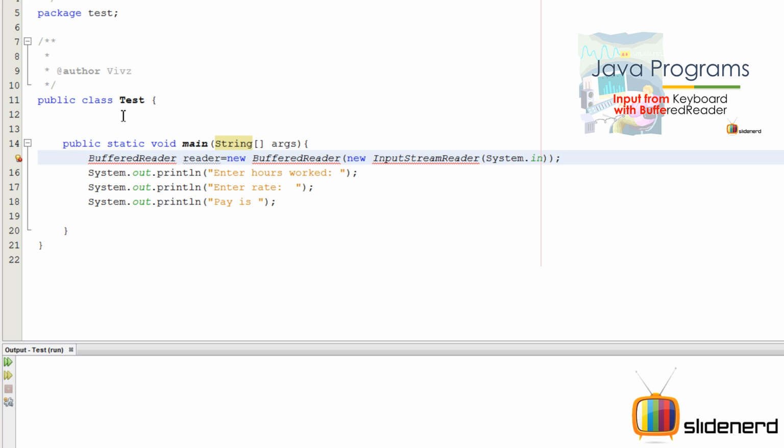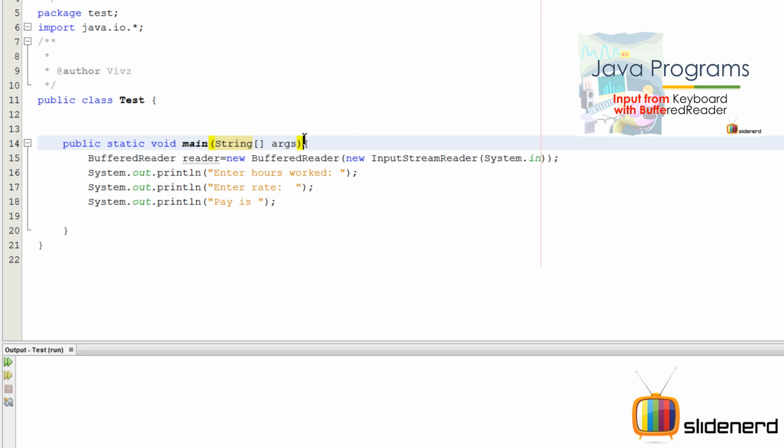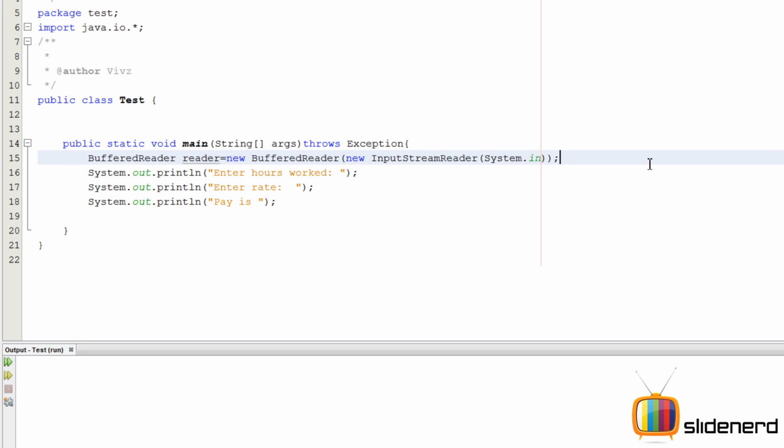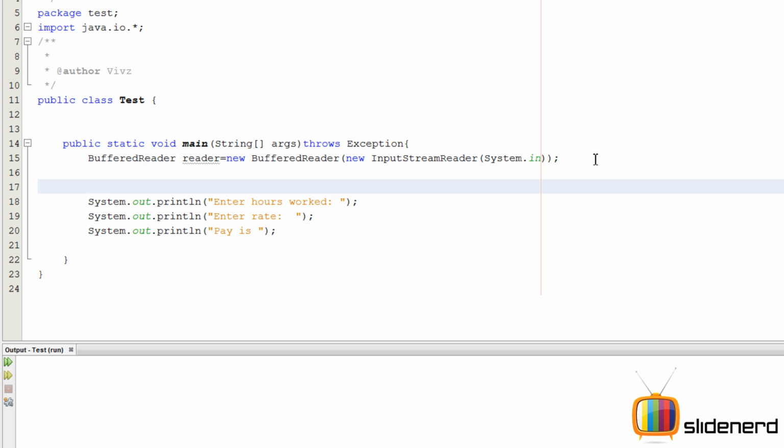Java's gonna say blah blah blah. I don't know what BufferedReader is. Simply write an import statement. Make sure you throw an exception. Alright, so at this point stuff is ready, right? So now here's the thing. Since we are calculating rate, which can change, we are gonna take double, say double hours worked, then rate, then pay. 3 variables, right? Each of them is gonna be 0 in the beginning.